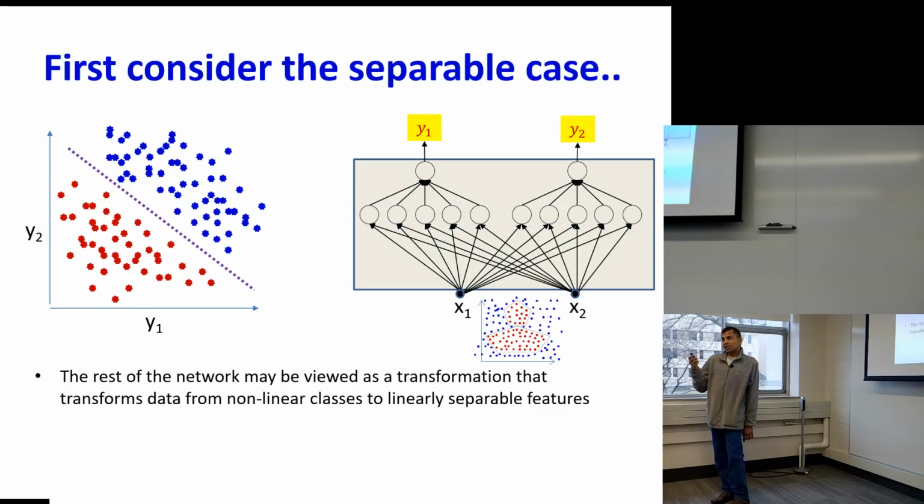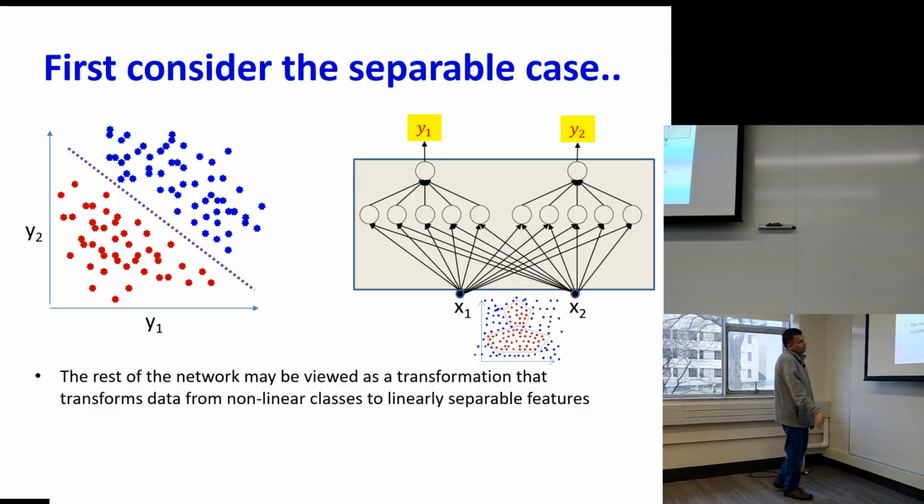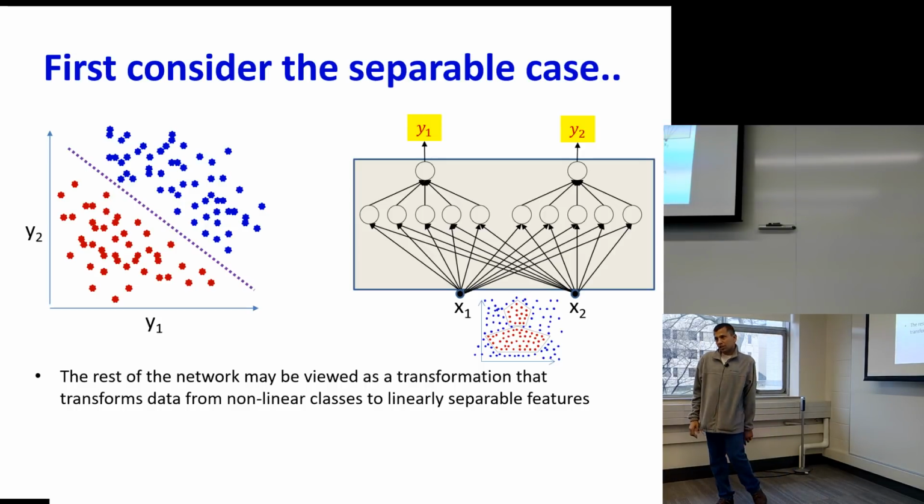So what does this tell us about the rest of the network? The rest of the network is just this crazy nonlinear function that transforms data from nonlinearly separable classes to linearly separable features. So you can think of this network as